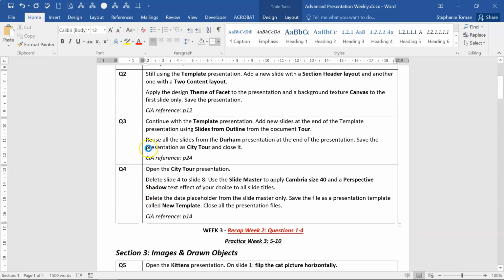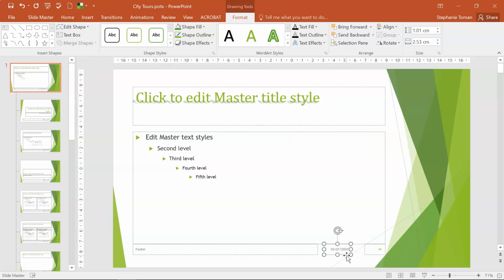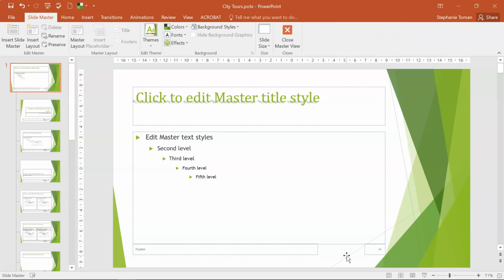It goes on to ask to delete the date placeholder from the slide master only. Save the file as presentation template called new template and close all presentation files if they're open. So what we're going to do is we're going to get rid of the date placeholder, click on the edge of it and hit delete. Make sure you don't click the date inside. And then